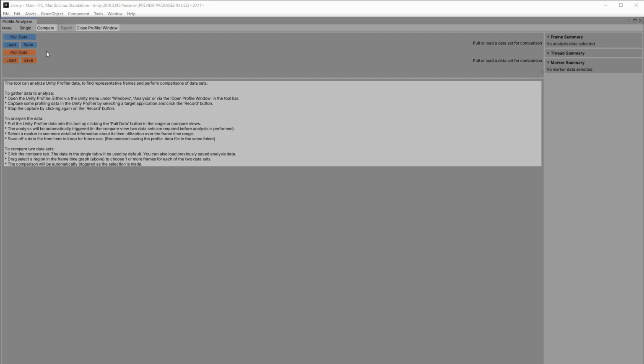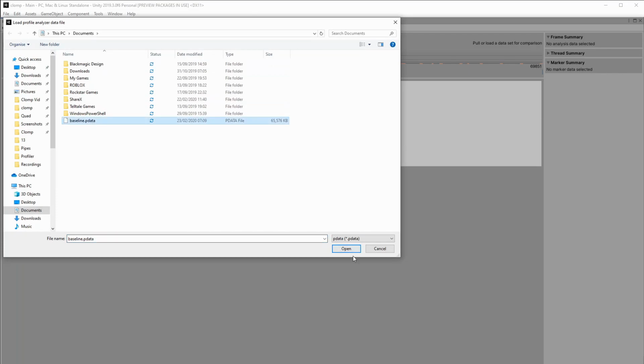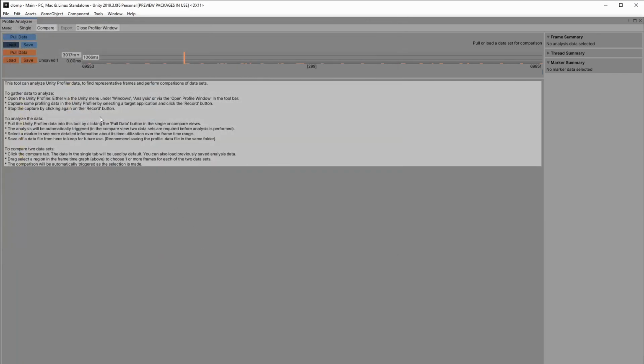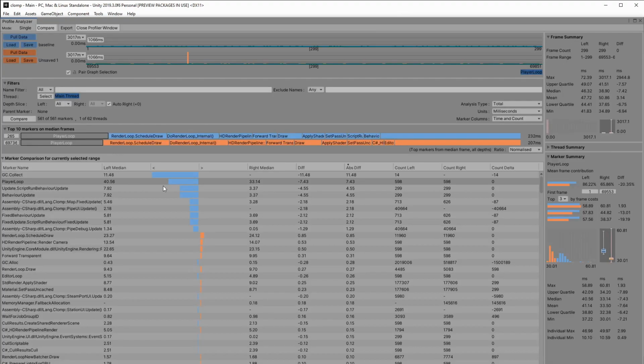So in the orange data track, we are going to pull the data from the main game, and then in a moment we will load the data of our baseline into a blue data track to allow this tool to compare. And the comparison is where this tool really comes into its own. So here we go, I've loaded up the baseline, it's just coming in now, and here you go. So now we can see on the blue side, which was our baseline, it was doing all of this work